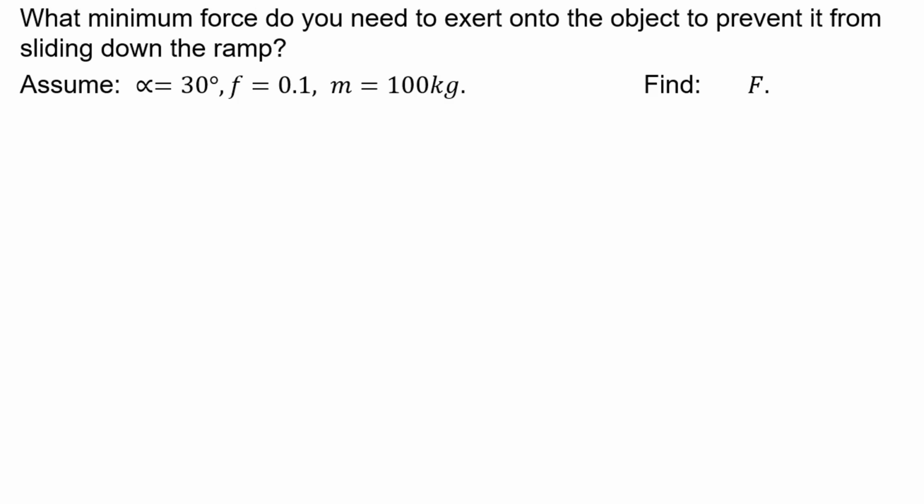So this time the question is slightly different. What minimum force do you need to exert onto the object to prevent it from sliding down the ramp? So this situation is a bit different. I will switch now to the pen mode, and we'll start from drawing an inclined plane. There is some object on this plane, but this time we have a person here,